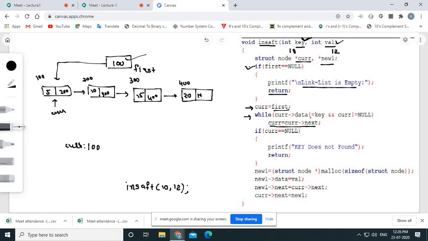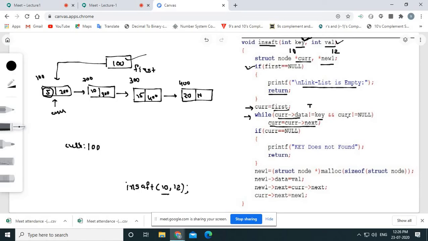Is current point to data not equal to key true or false? What is key? Key is 10. In the current's data part we have 5. Can we say 5 is not equal to 10? Yes, so this condition is true.